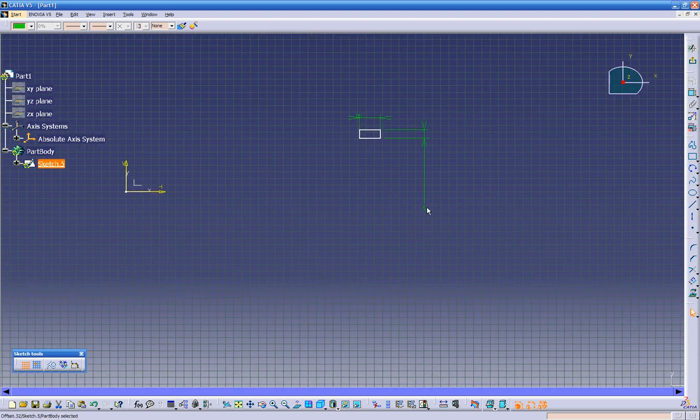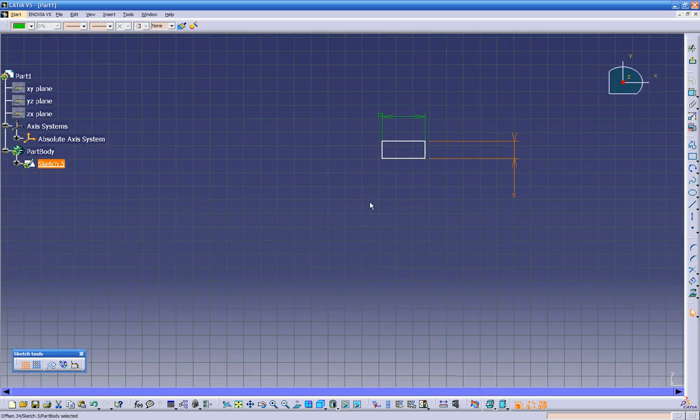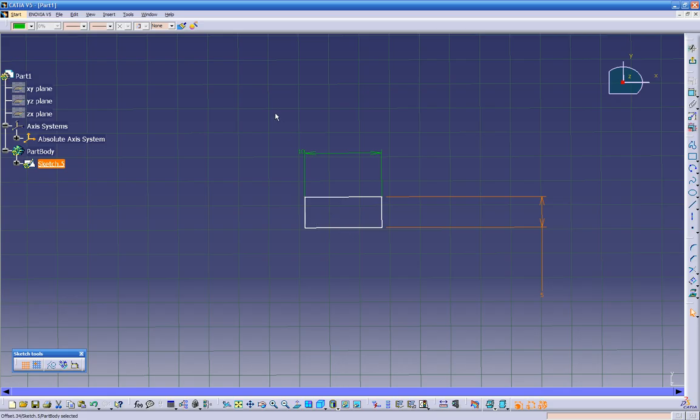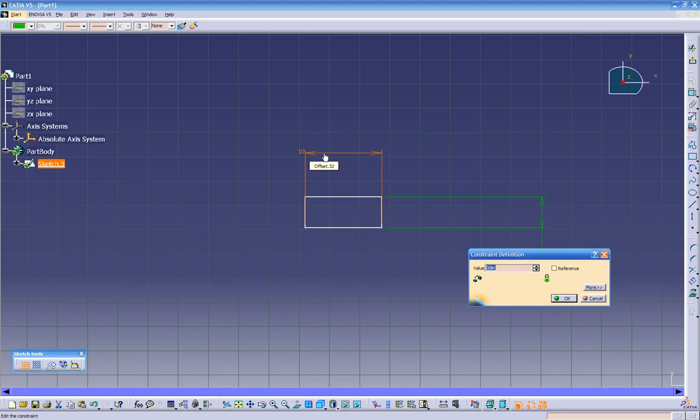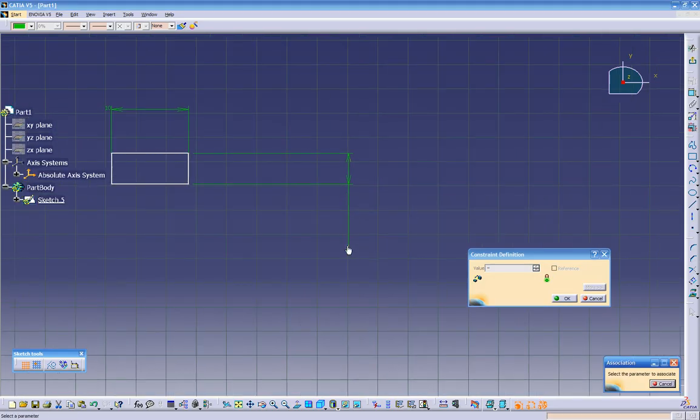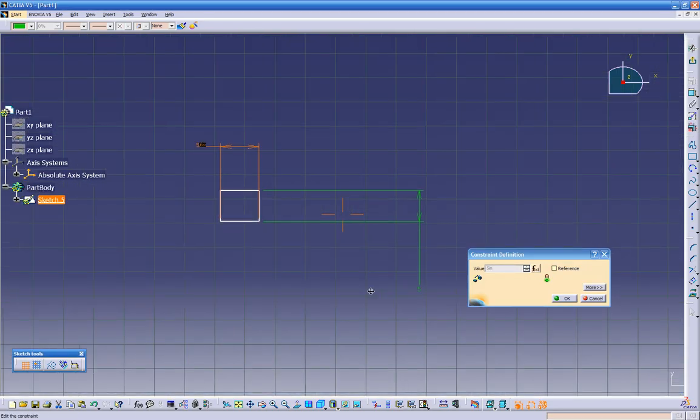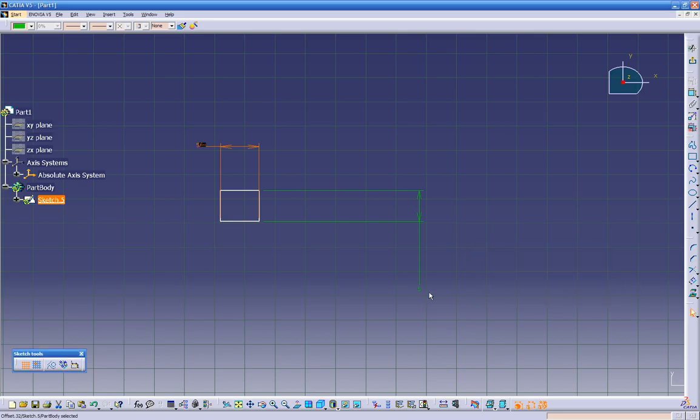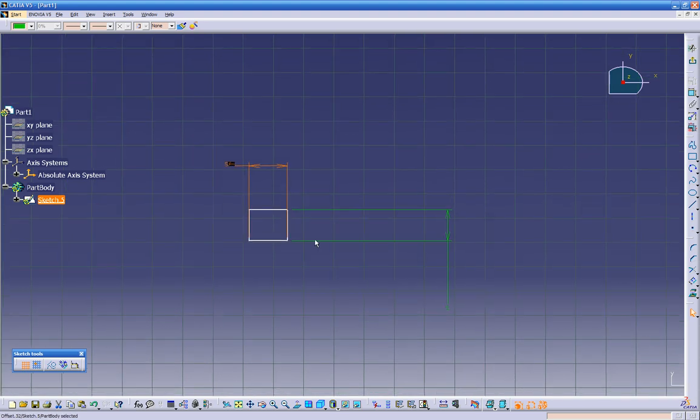Now what we can do is put some formulas in here. So we can click on this, then let's click equal, click on this dimension, and what will happen, we have a formula over here, and we got 5 inches and 5 inches over here. Okay,